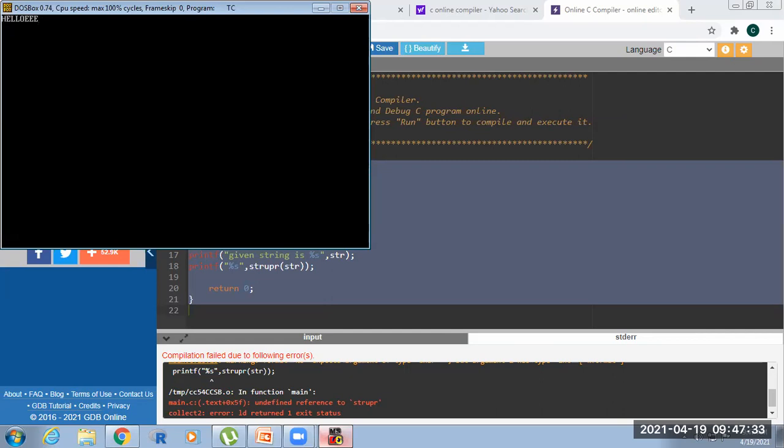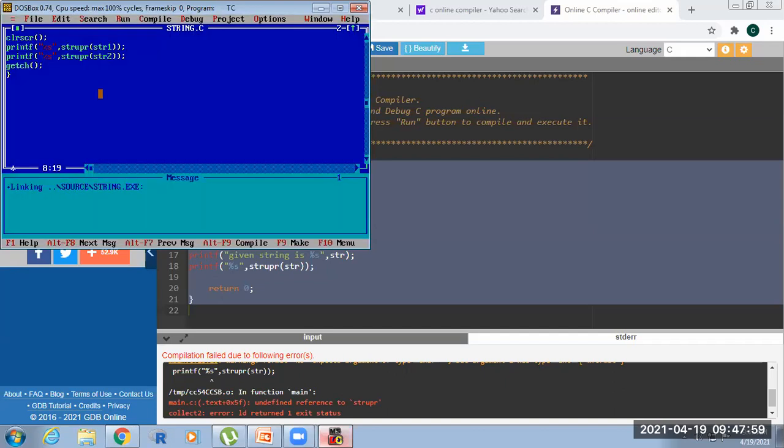So string lower is over, string upper is over, string reverse is over, string concatenation is over. Next, another command is string compare. If you want to compare the strings, this is the last command. So I just compare these two strings by using the command string compare.